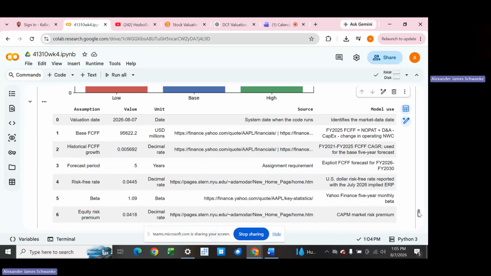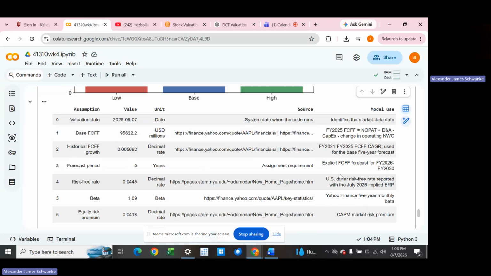These are projected values. The terminal value makes up most of the enterprise value, which is why the WACC and the terminal growth have such a large effect on the result. And I also used a reverse DCF to determine what growth the model would need to support at a 332.92 market price. Holding WACC at 8.91% and terminal growth at 2%, Apple would need approximately 33.69% annual FCFF growth for the next 5 years. This is far more than I calculated at 0.57%. This isn't proof that it's overvalued. It's just showing that there are high